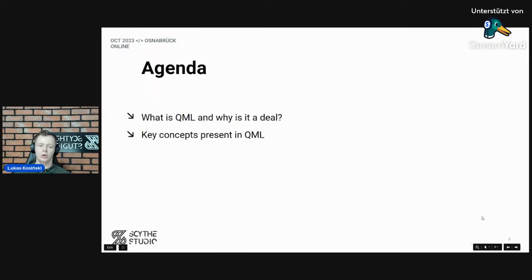Then I'm going to show you some key concepts present in QML. I want you to understand that in this hour we will not learn how to code in QML or anything, but still I wanted to show you how things are done in QML. We will jump into my IDE for a short, really brief introduction. Again, it's more about sharing insights rather than teaching you how to code. But I will share some materials that you could take next to dig deeper into the topic.